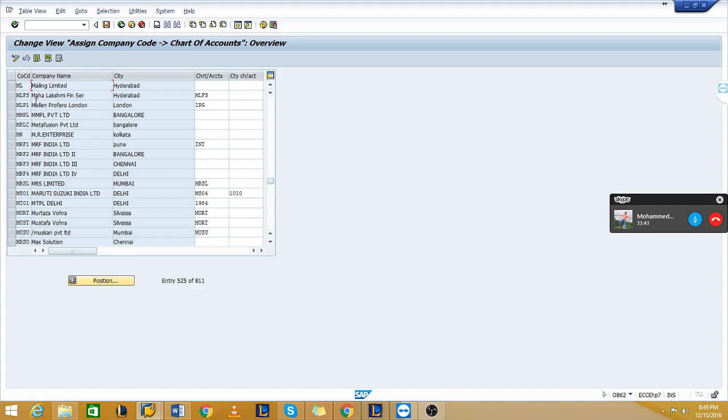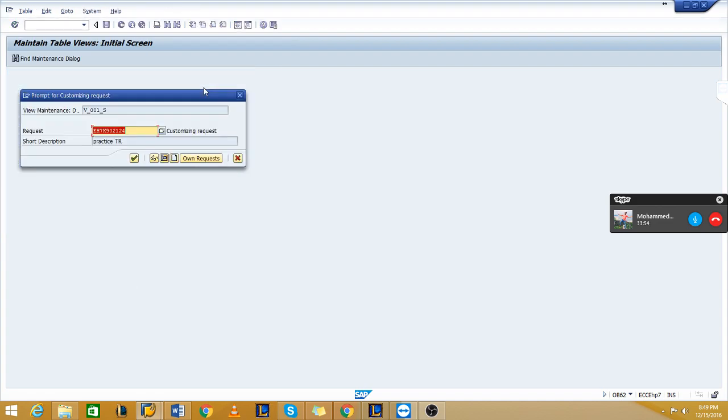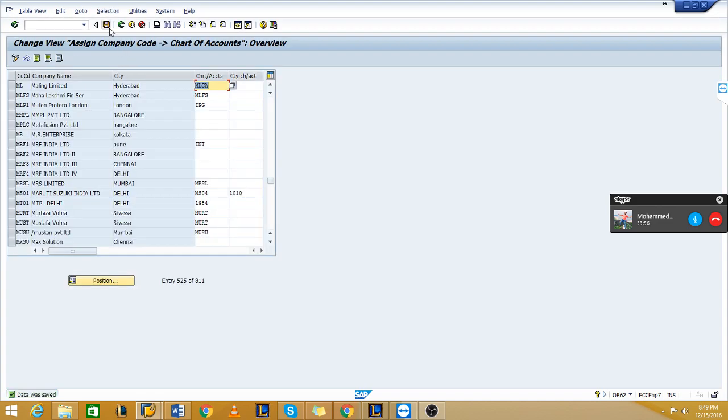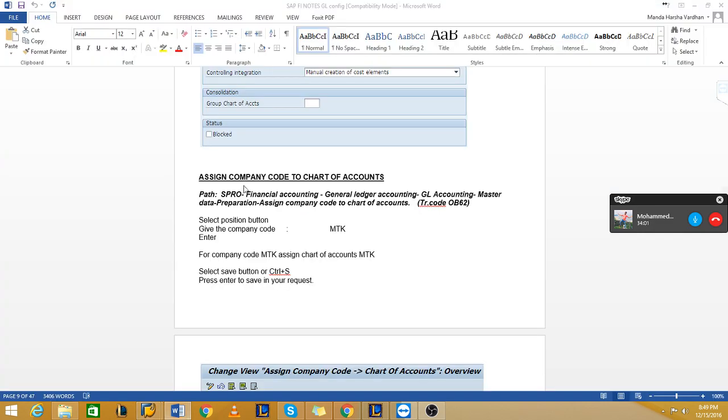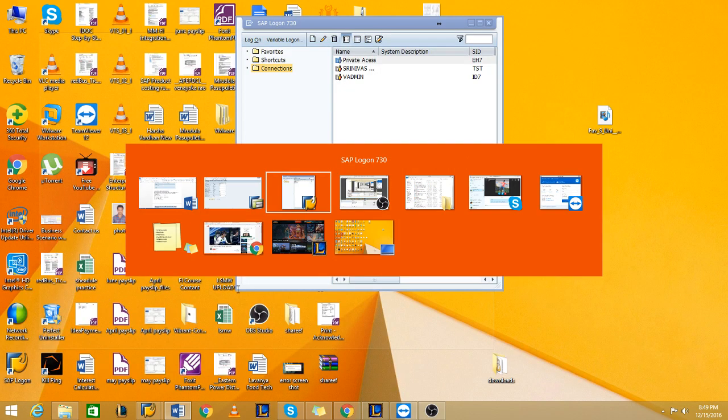In the position button, I have found ML. For this, I am assigning my chart of account MLCA. Enter, save. For save, you can use Ctrl S or this save button. So now you have configured your chart of account also.